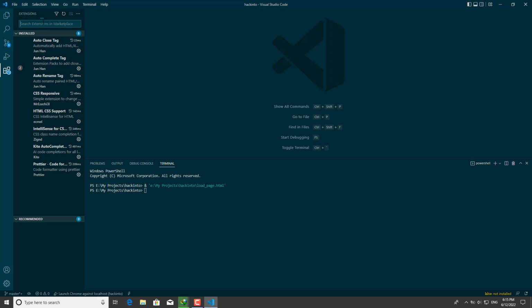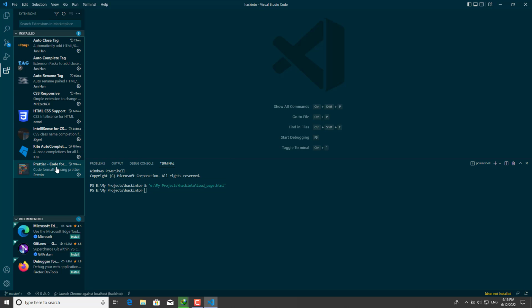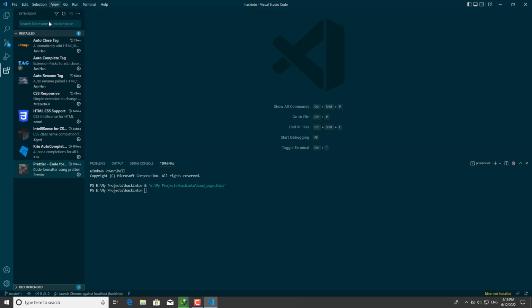Next part, and the coolest part of Visual Studio, we have extensions. We can install different extensions online from the internet, like auto-close tag, auto-complete tags, CSS responsive, IntelliSense for CSS, and Kite autocomplete, and I love it. Prettier will prettify your code, and here are some recommendations you can see, and you can search by yourself,